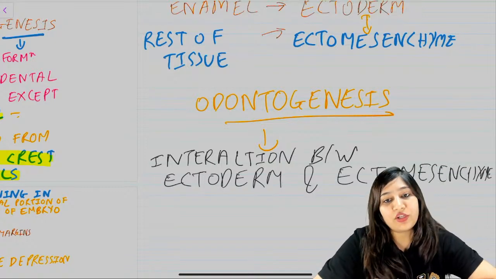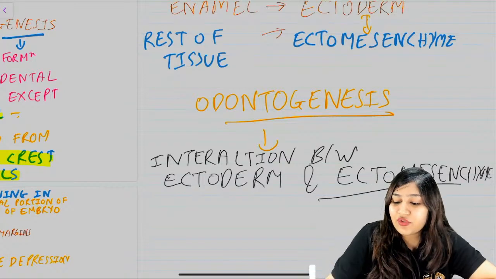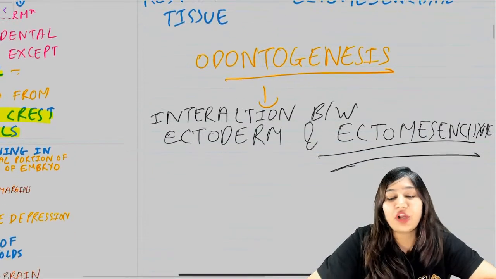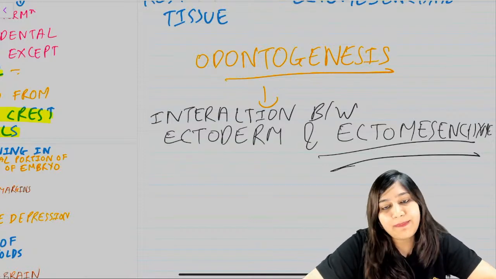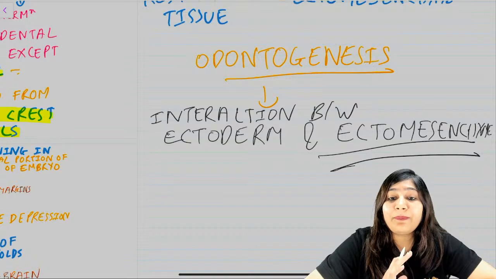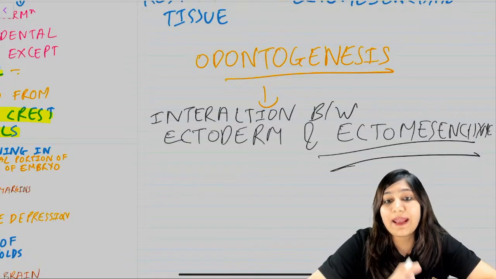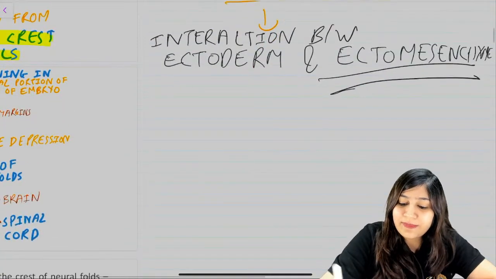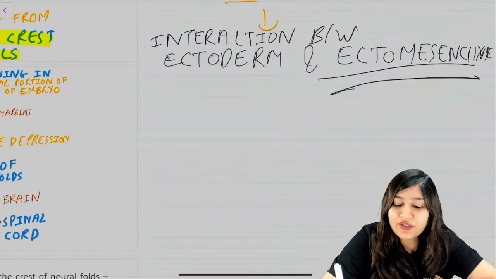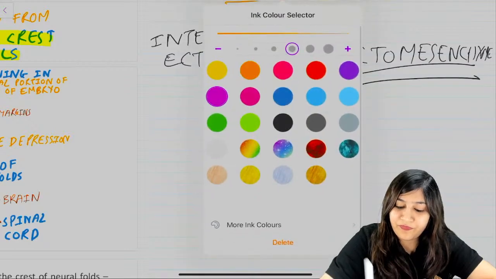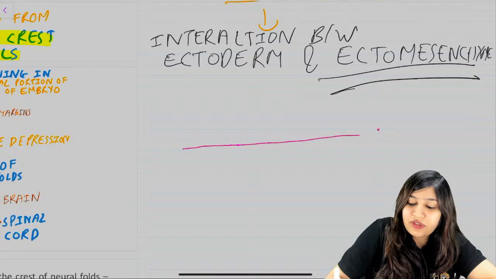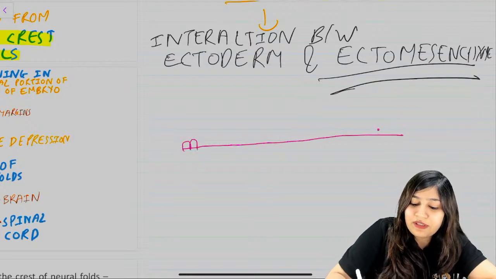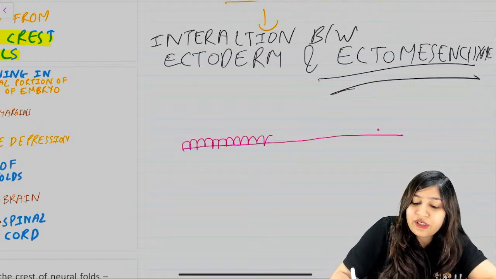Now what is this ectoderm? What is this ectomesenchyme? We have understood ectomesenchyme. It is mainly formed by proliferation of neural crest cells, right? This is basic. And ectoderm is the epithelial portion. So ectoderm basically consists of 2 to 3 cell layered stratified squamous epithelium. So if this is our epithelium, then we can easily appreciate